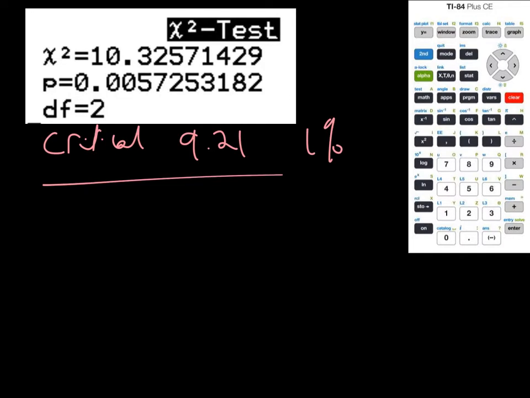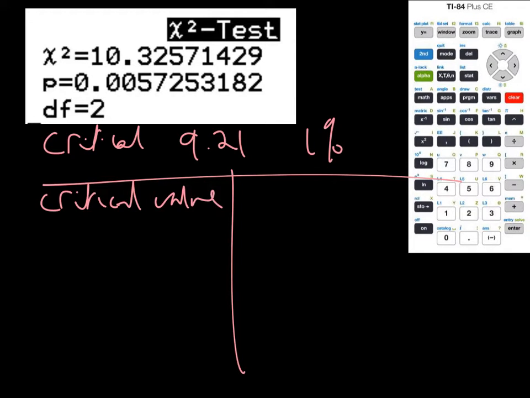So there's 2 ways that you can do this. The first way is using the critical value, and to do that we need to take the chi-squared value, which is 10.3, and we can see that because the chi-squared value is greater than the critical value, we reject